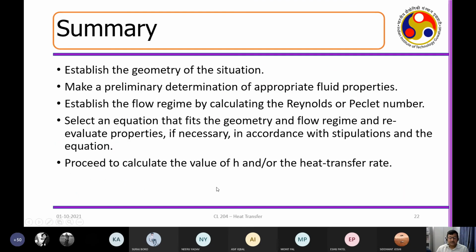Okay. So this much, I believe we have more or less covered all the things: heat transfer coefficient, Nusselt number, friction factor, and the Dittus-Boelter equation, right? And then the different flow regimes, laminar, turbulent, and transitions, and how to make use of those correlations in the calculation of the friction factor and in the calculation of the heat transfer coefficient. Okay, any question?